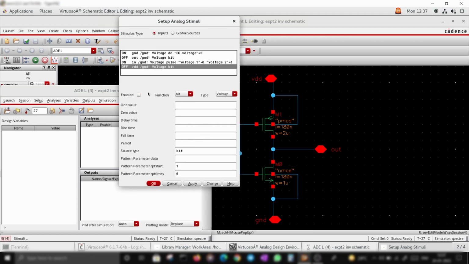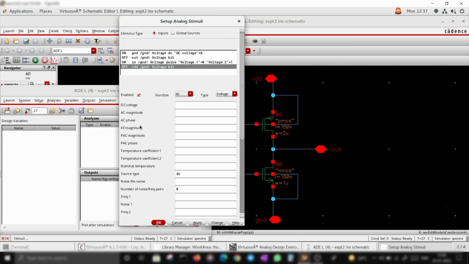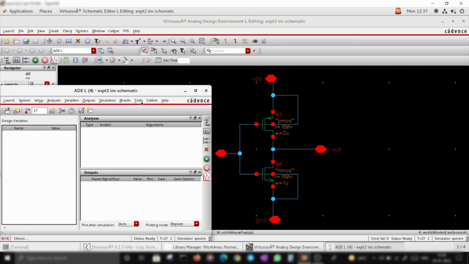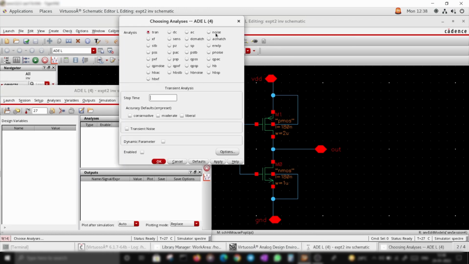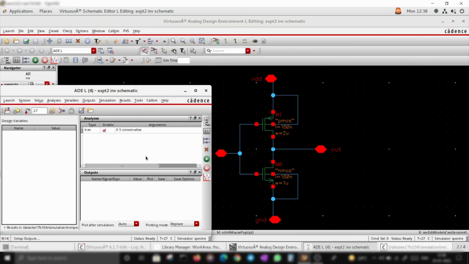Then VDD, enable function DC, and DC voltage, let's say 1. Then transient stop time, I'm going to observe for 5 seconds. Conservative, okay. As you can see, the simulation is done.